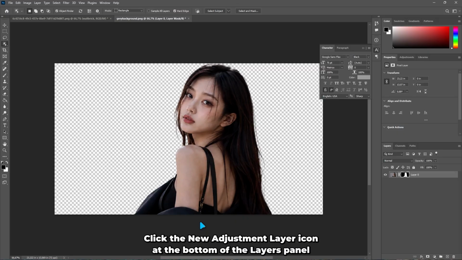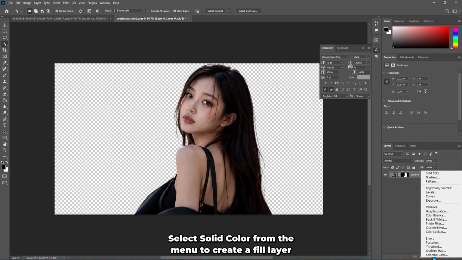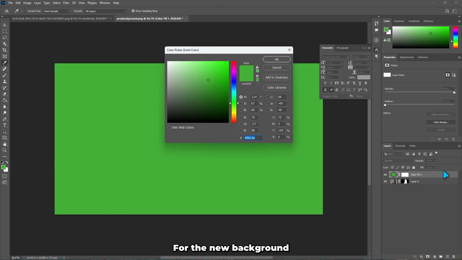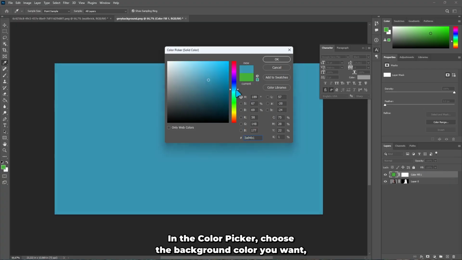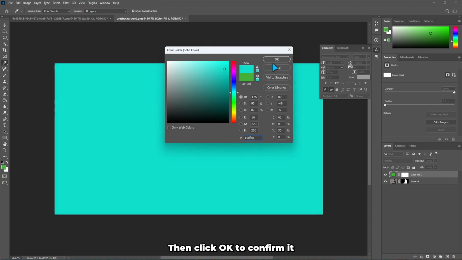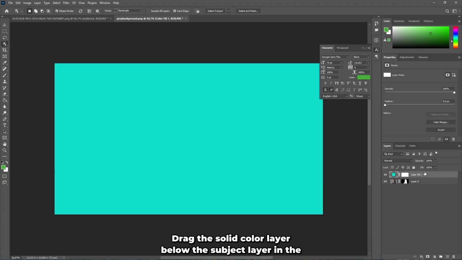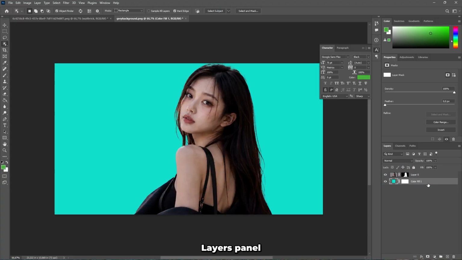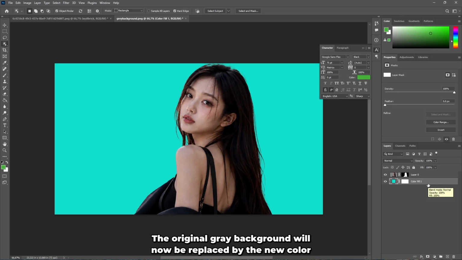Next, click the new adjustment layer icon at the bottom of the Layers panel. Select Solid Color from the menu to create a fill layer for the new background. In the color picker, choose the background color you want, checking the preview against the subject, then click OK to confirm it. Drag the solid color layer below the subject layer in the Layers panel so the fill appears behind the masked image. The original gray background will now be replaced by the new color while the subject remains visible